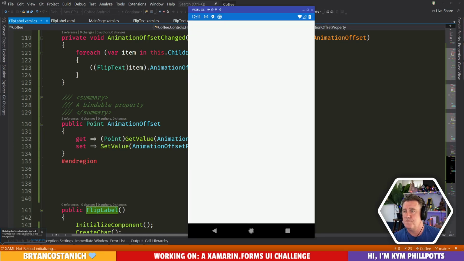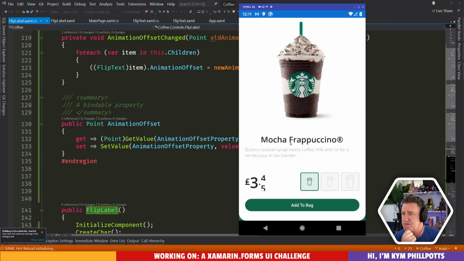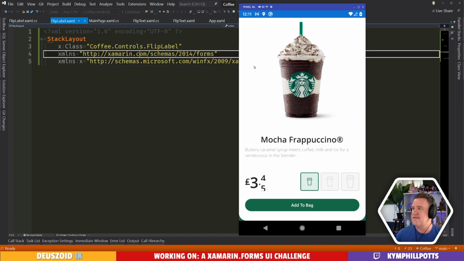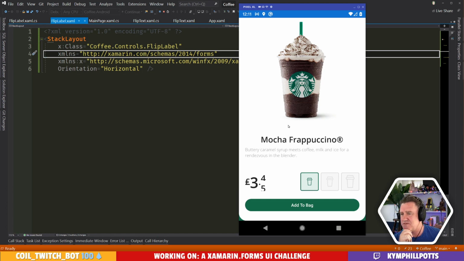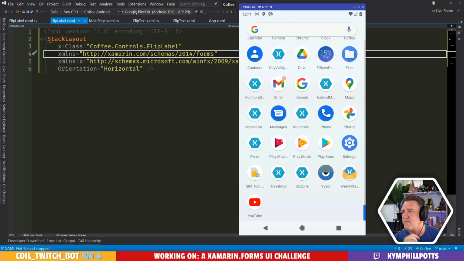Okay. That's not what you're after. And the reason for that is going to be because we want to set the orientation on this bad boy. Horizontal. Going to make a bold assumption that horizontal is what people are after. It's what I'm after in this one anyway.